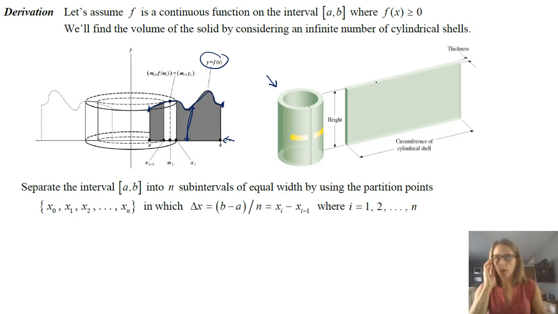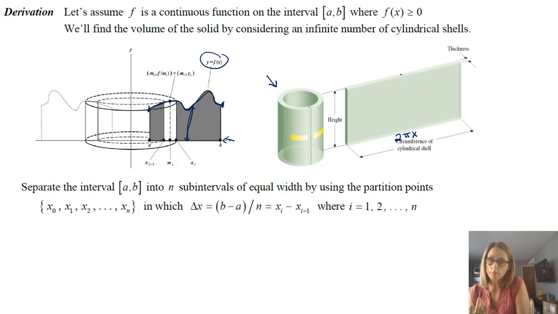So for this one, notice this says that the length of your rectangle is just the circumference of the shell. So it's just the circumference here. That is what that length is. Well, that, and it depends, is either 2 pi x or 2 pi y, because you want to remember the circumference of any circle is 2 pi r. And so that's why you have the 2 pi x within the integral.